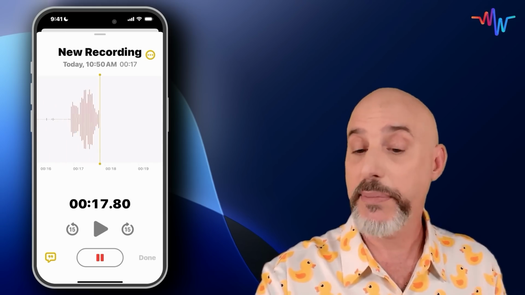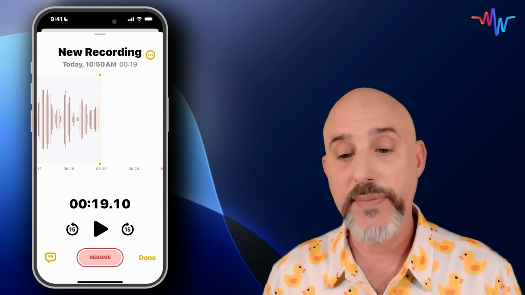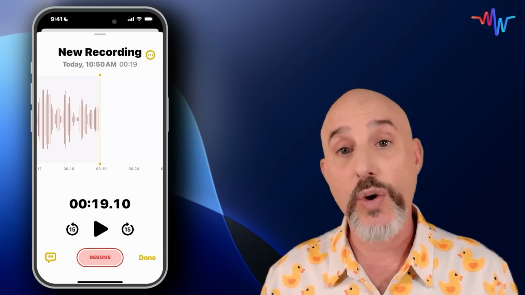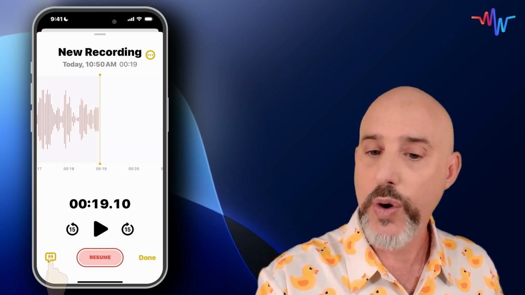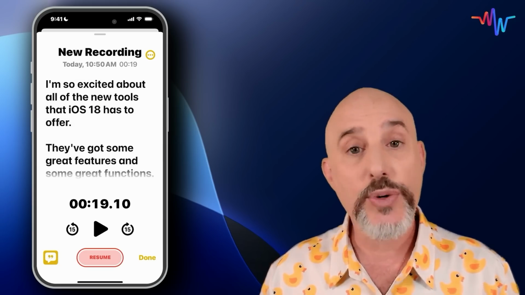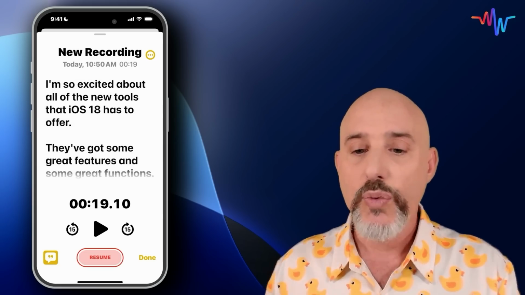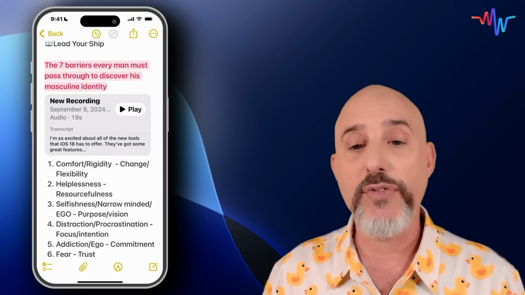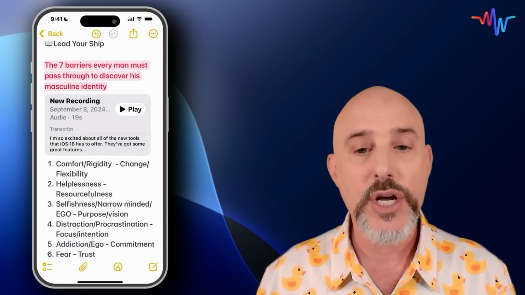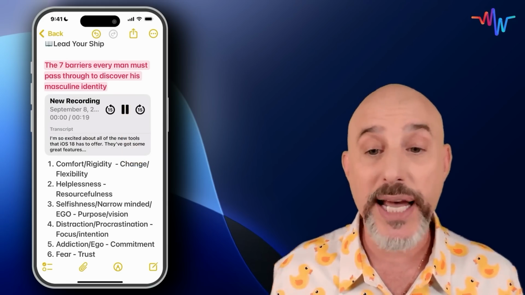When you're done, simply press the quotes at the bottom to pause it, and you can then click the Done button on the right. Or you can click the quotes button on the left to see a transcription of everything that you just recorded. When you click the Done button, it will save that voice memo directly into Notes, allowing you to easily come in and click play anytime you want,